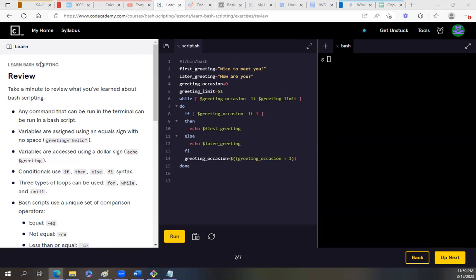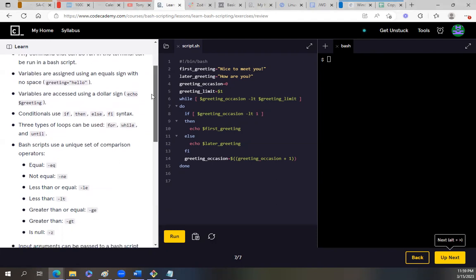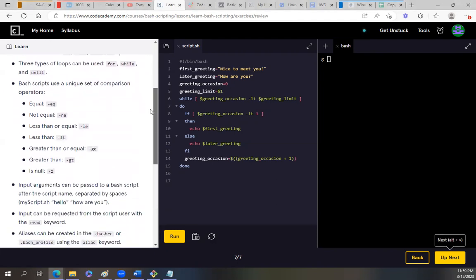Review. Take a minute to review what you've learned about bash scripting. Any command that can be run in the terminal can be run in bash script. Variables are assigned using an equal sign with no space. Variables are accessed using a $ sign. Echo $greeting. Conditionals use if, then, else, fi syntax. Three types of loops can be used: for, while, and until. Bash script uses a unique set of comparison operators: equal, not equal, less than or equal, less than, greater than or equal,